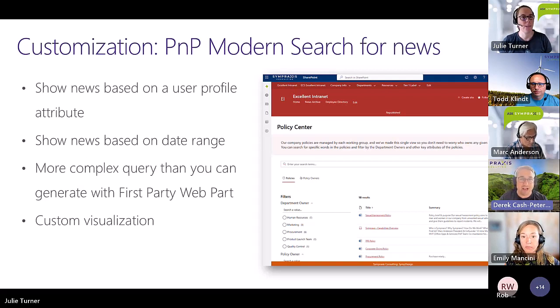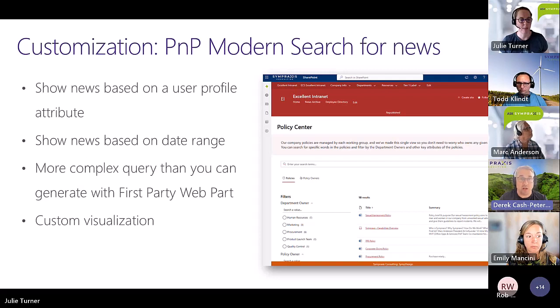Like you need to write the entire query to pull the right content types with the right promoted states from the right sites. But as I was thinking about the different use cases that I've used this for, one of them was to pull data based specifically on a user's profile, which, say their department, if you want to pull department news, or if you want to pull their location.